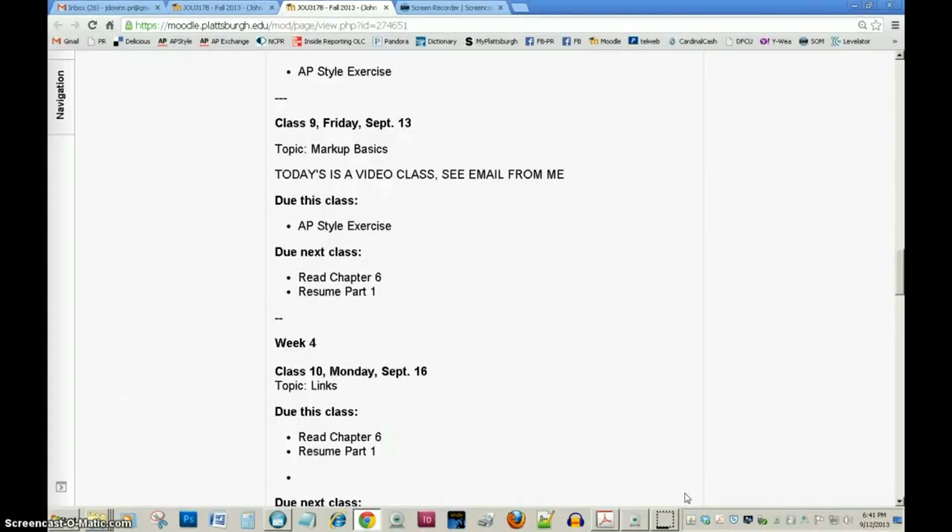Okay, let's look at the schedule. As usual, this is the schedule in Moodle. You can look at it yourself, although soon I'll be making some more changes to it. For example, today it says it's Friday the 13th. Happy Friday the 13th. It says we're going to talk about markup basics, and in fact we are not, because I want to save that talk for when I'm really here. So instead, this is going to be an abbreviated lesson. I'm going to go over the schedule. Then we're going to go over an exercise, the resume exercise.